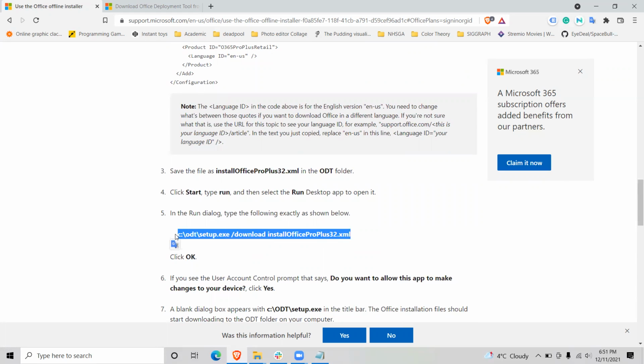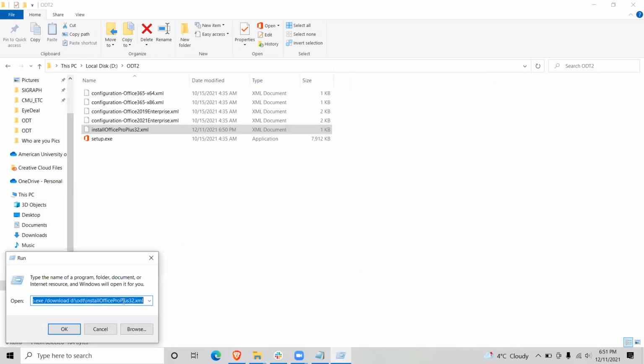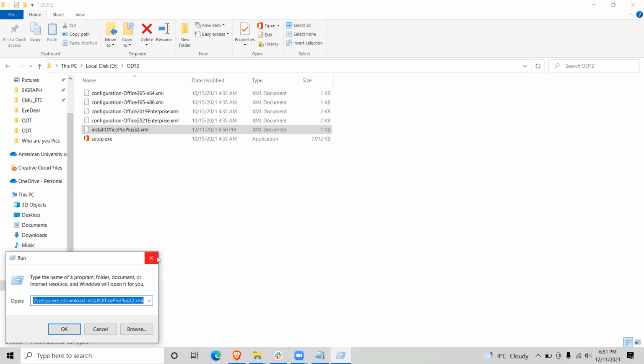For this step, I had a bit of an issue. If you do run and paste it, you have to understand that in my case, it's on the D drive and this is ODT2. But for the download and install of Office, for the sake of consistency, I also just put the full path for it. So I just paste this and put it in front of it. And then when I do OK,